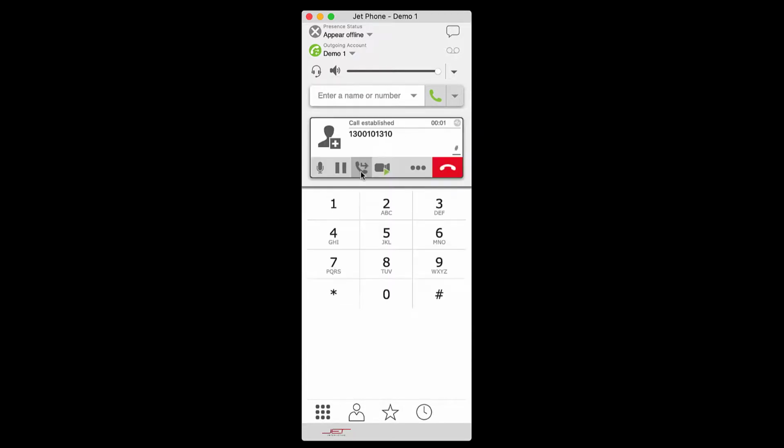To blind transfer, select the transfer icon, type in the number or extension you need to transfer to and select Transfer Now. To create a conference, place the first call on hold and dial the number or extension you will